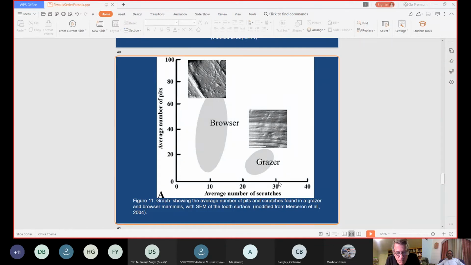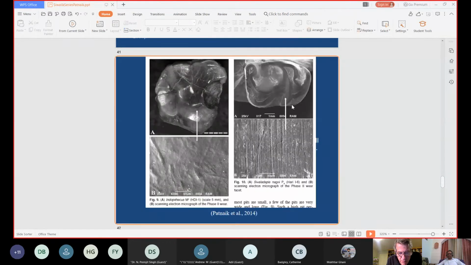And this very diagram gives you a broad idea: if you count the number of scratches, and the average number of scratches falls somewhere around 30, then it would be a grazer. So an SEM photo would look something like this. We tried this on the tooth I just showed you, and that showed a lot of pits, not a grassy diet altogether. So we were pretty sure that confirmed our